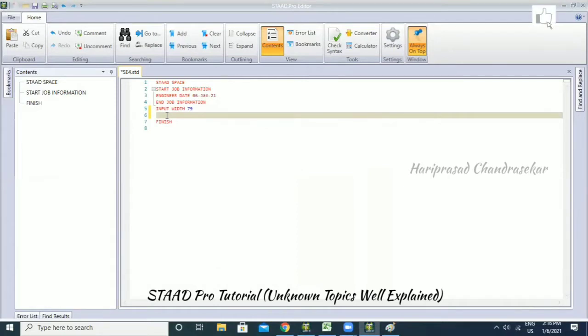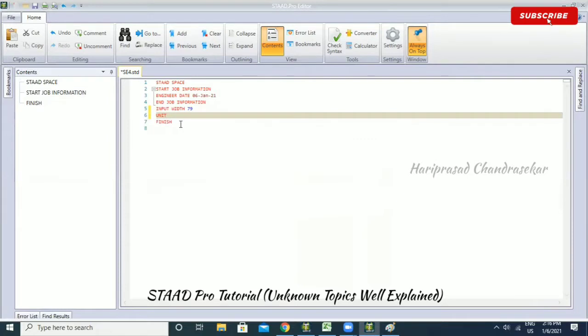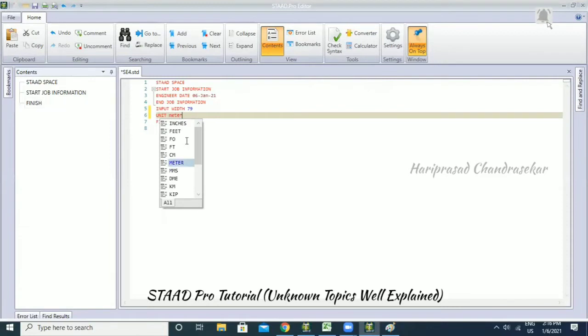Now I'm going for the unit command. You can type unit and it is shown there, and you can press tab so it will accept. Then space, and it shows what units are available. You can directly select meter or type meter, press tab, then space and kilonewton. We will be considering meter and kilonewton, so that's why I'm putting the unit. If you don't put the unit here, whenever you close and come back, it will ask you for the unit. So better to input this one row with unit meter and kilonewton. It will consider that unit and won't ask you again and again.